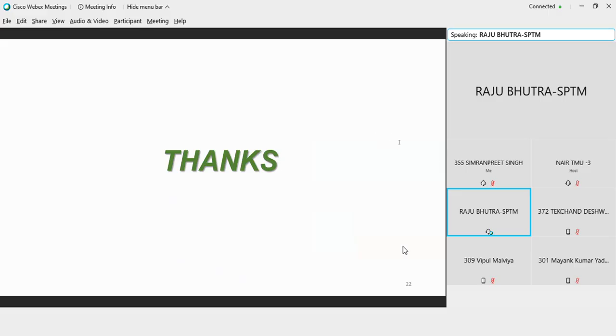Sir, if we increase permissible moving dimensions, won't it affect the signals and all which are placed on the side of the track? Yes, of course. Whenever we want to increase the moving dimensions, we'll have to shift the signals also. That's why it is a very costly proposition. It cannot be done easily. So increasing the moving dimensions may not only involve shifting of all the signals, it may also increase, say,